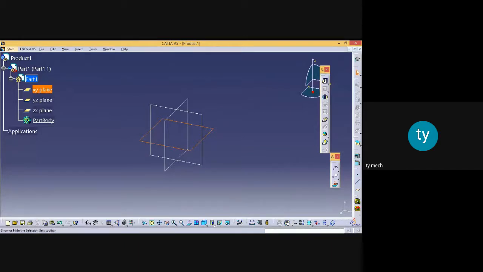Sometimes what happens, some menus are not visible. Then you have to right click on this tab, and then you may go to the customize option. After the customize option, there is one more option, reset all tabs. So that we are going to see now. By mistake I have closed that Sketcher menu. Now you can learn one more thing.